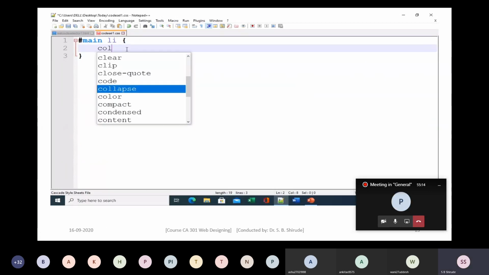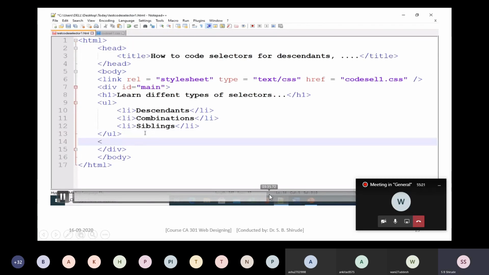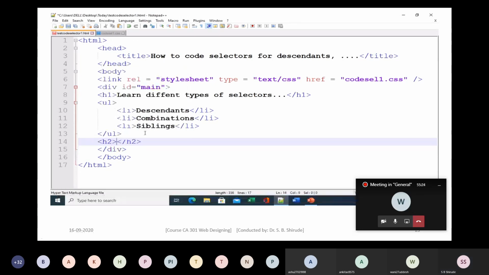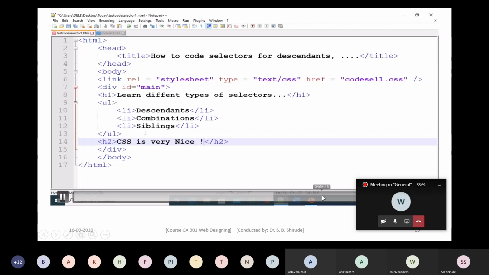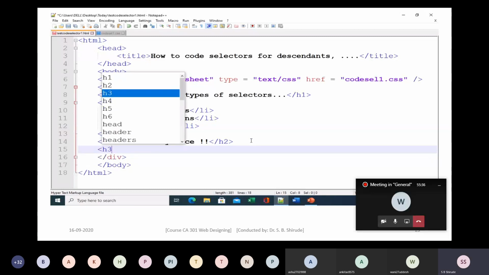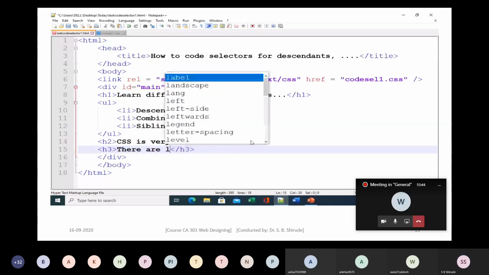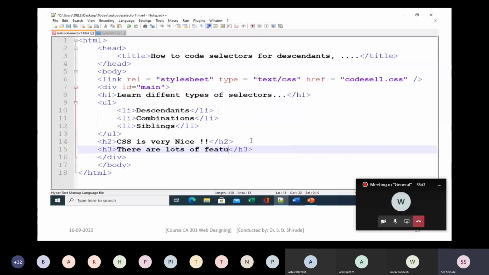See here, H2 I am putting, and in H2, CSS is very nice. And then H3, I will put one more element, H3, and in that, there are lots of features.